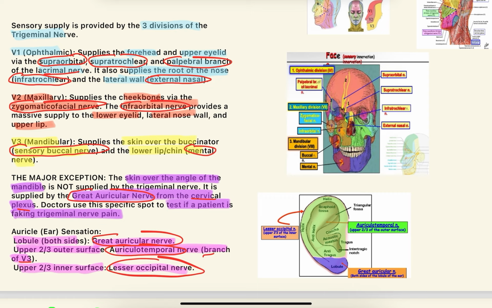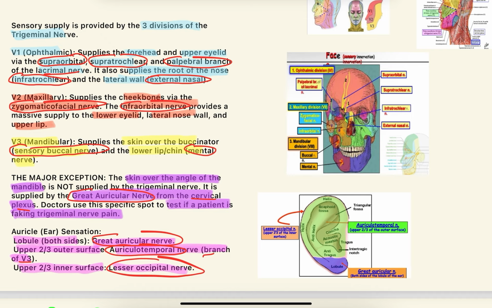Let's go now to the second one, which is V2, the maxillary. So it will supply the cheek bone by what? By the zygomaticofacial nerve. And then it will supply the lower eyelid, the lateral nose wall, and the upper lip. So again, it will supply the lower eyelid, the lateral nose wall, and the upper lip by what? The